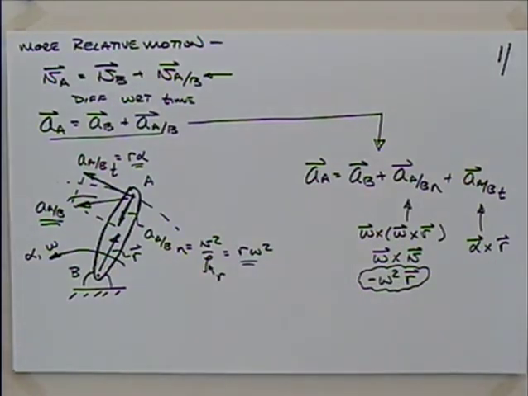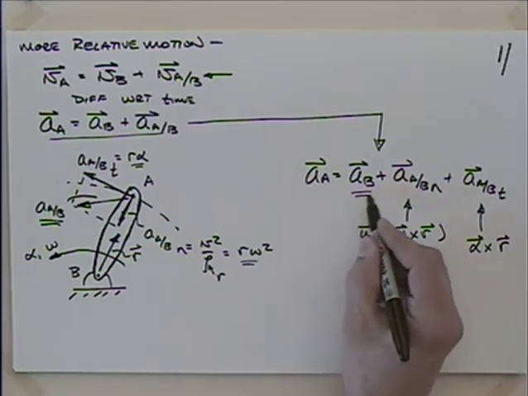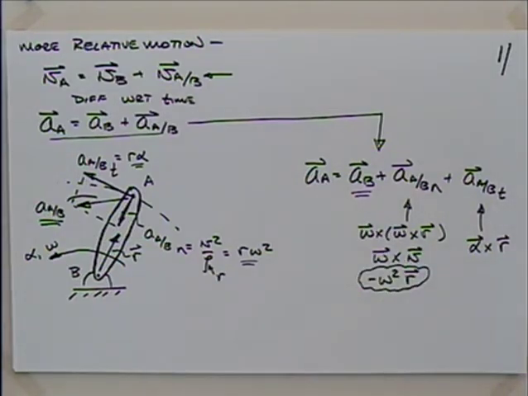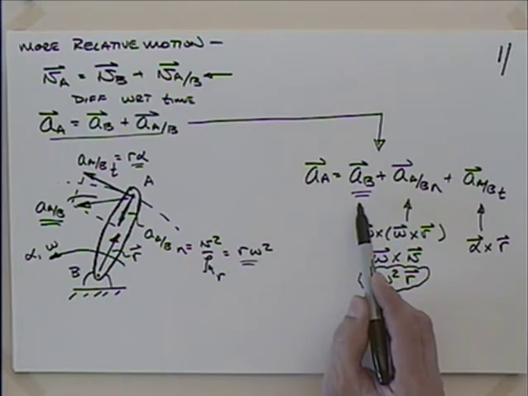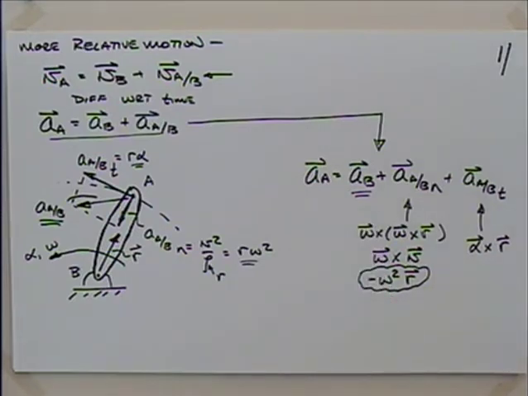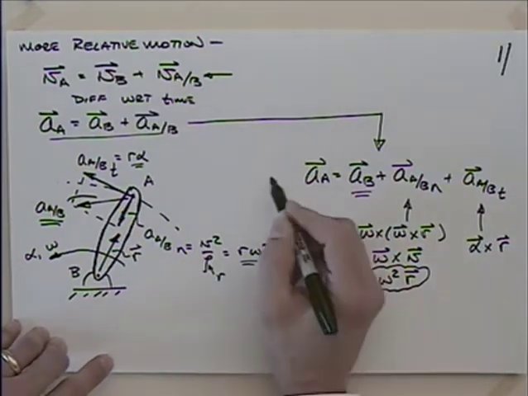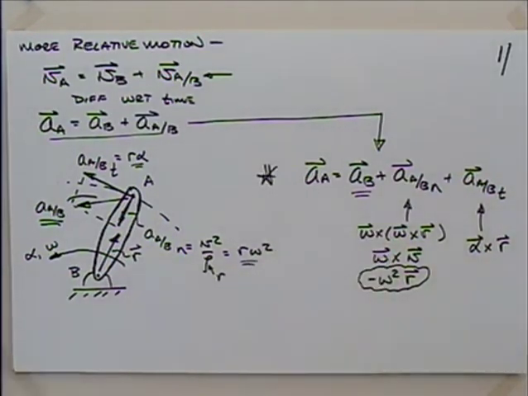So this looks like it's starting to get out of control, but it hasn't even begun yet, because the acceleration of B, if we're not moving in a straight line, if B is having circular motion, could B have a normal and tangential component? Absolutely. So a lot of times people think that these problems are hard. I wouldn't say that they're hard. They can be long, they can be tedious, they can be fraught with spots to make mistakes, but they're usually not hard. It doesn't take a lot of creativity. You always start with the same equation, and you start to expand it out,